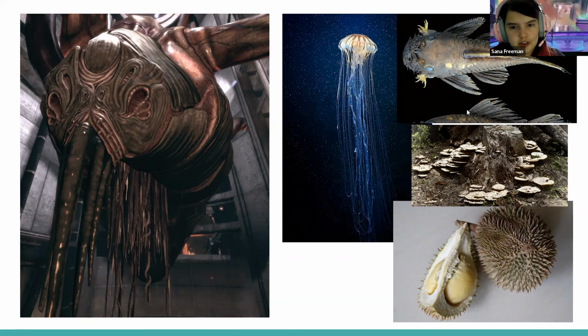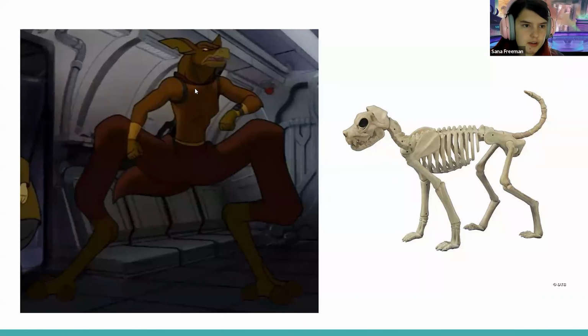Whereas once you start to pull in all this influence and mush it all together, then you get something that feels real and not weird. For example, better than Time War, but not the best, is a design from Titan AE. His name is Sith. It gets a lot of criticism because despite the top feeling very much like a bat mixed with a human, these legs look extremely weird.